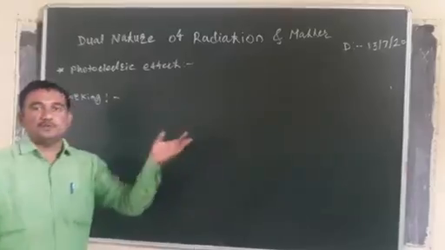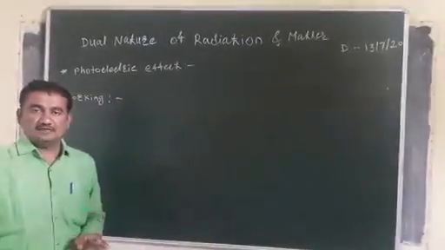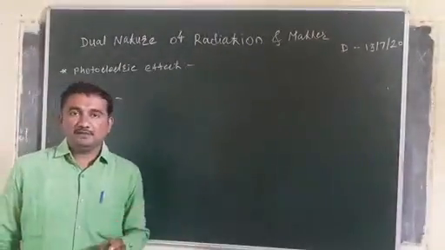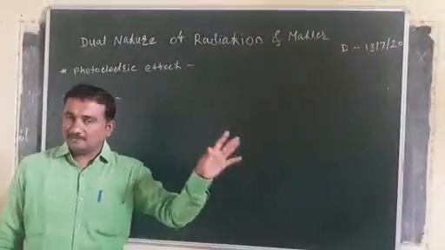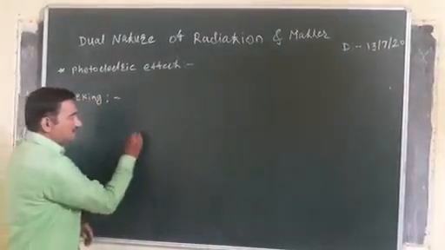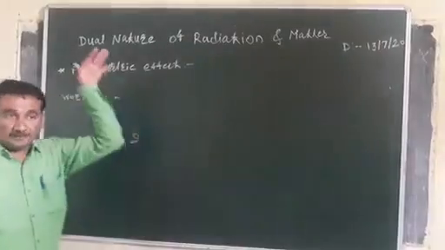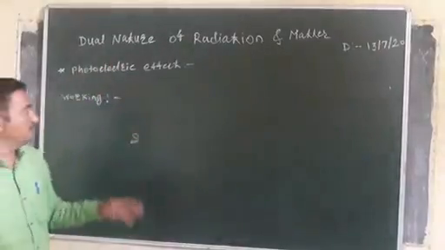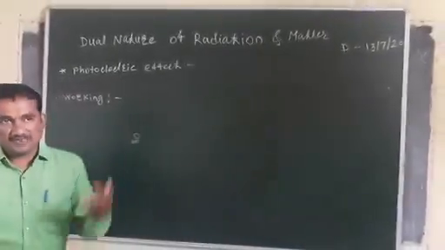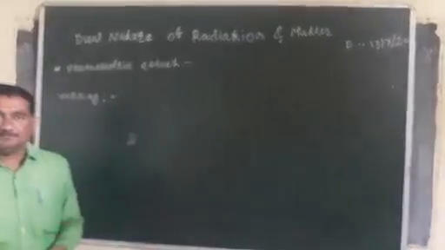Therefore, there is flow of photoelectric current through the circuit, which means the photoelectric current begins to flow when light of suitable frequency is incident on emitter plate B. When no light is incident on emitter plate B, the photoelectric current is zero. But when light of suitable frequency falls on emitter plate B, photoelectrons are emitted which are collected by the collector plate. Then photoelectric current flows through the circuit.